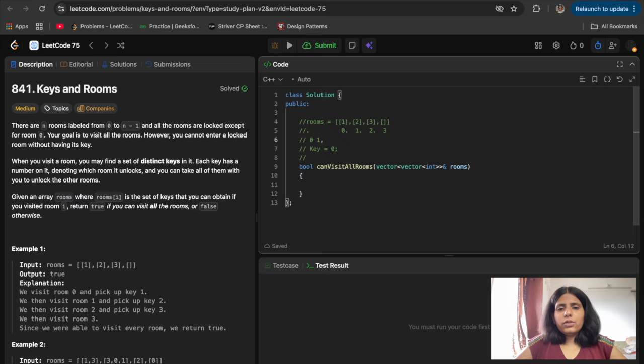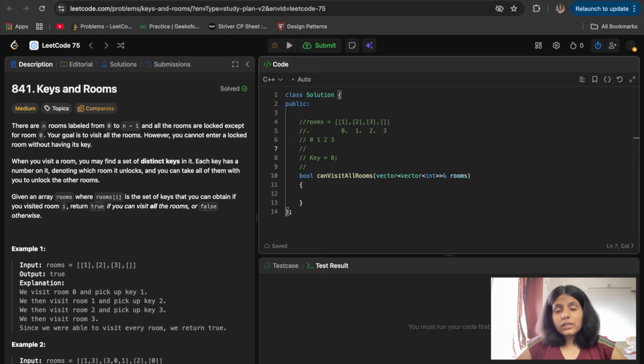We have 4 rooms, with labels from 0 to n minus 1, so the rooms are 0, 1, 2, 3. We have 4 rooms but it starts from 0, so we have 0, 1, 2, 3 these rooms, and we have key 0. We will enter the 0th room and mark it as visited.